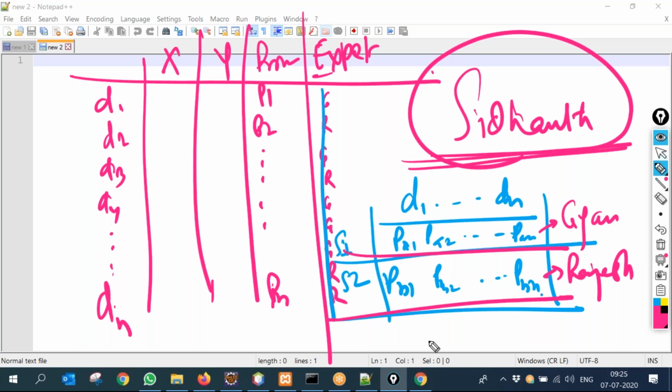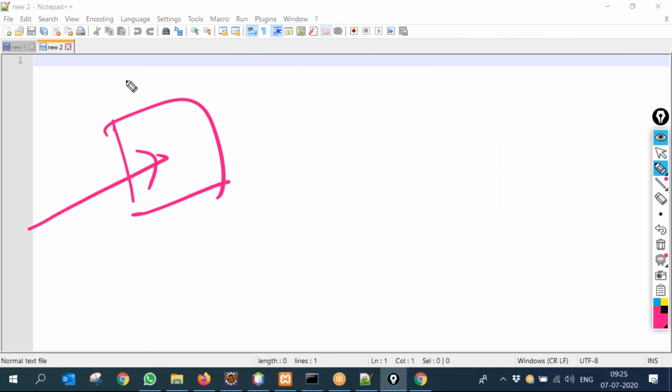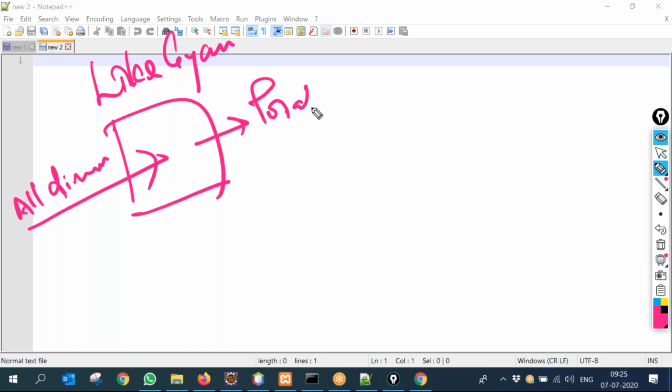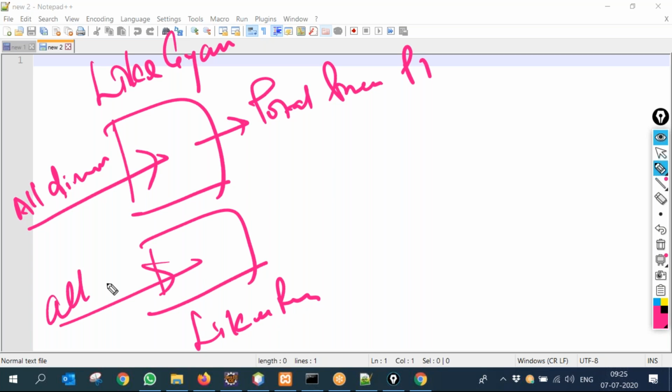So what we created virtually is a model which was like Gyan. I gave all diamonds and get total price P1. And like Rajesh, give all diamonds and total price P2.